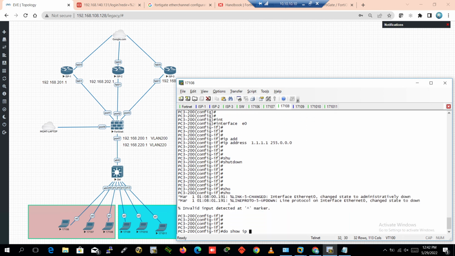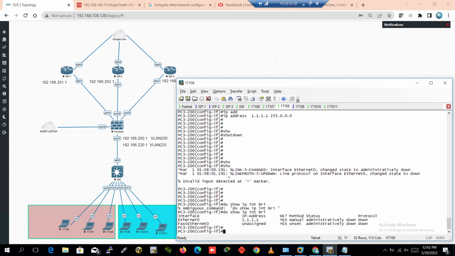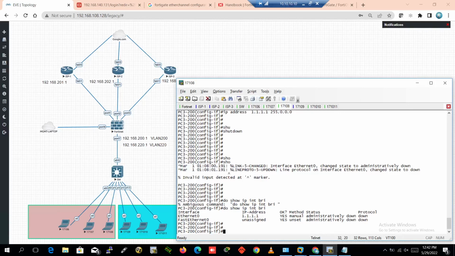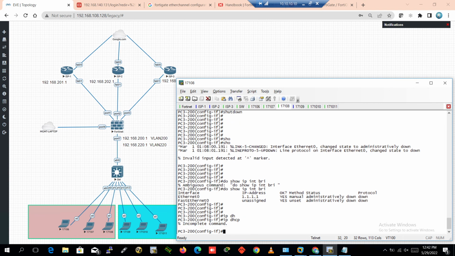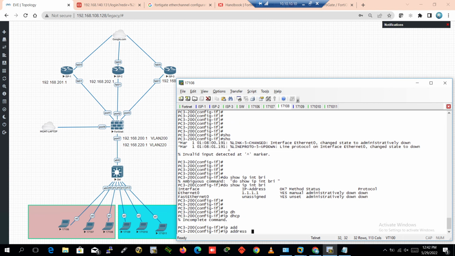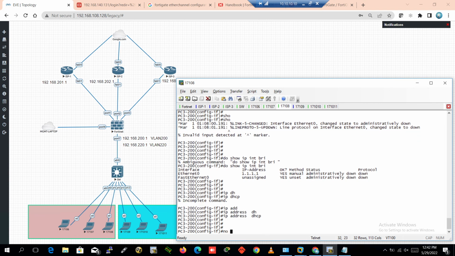Do show IP interface brief. Yes, the IP has been assigned statically. Now revert it back to DHCP. IP address DHCP, and no shut,